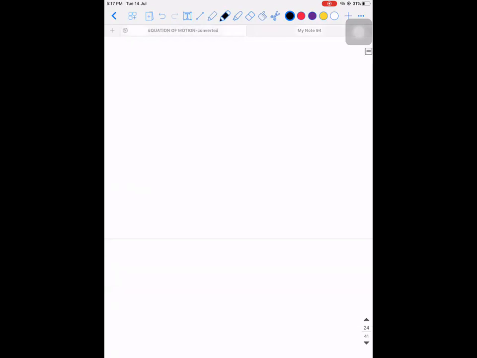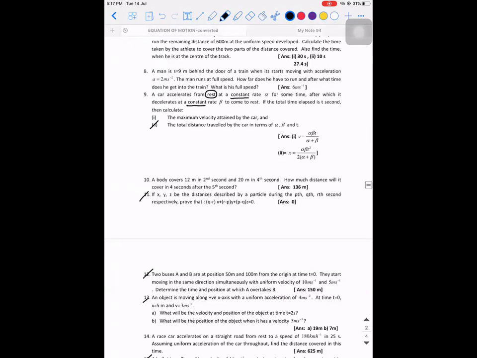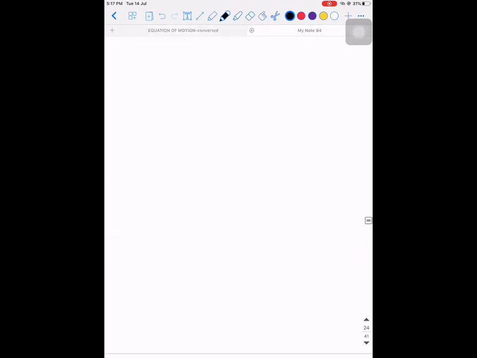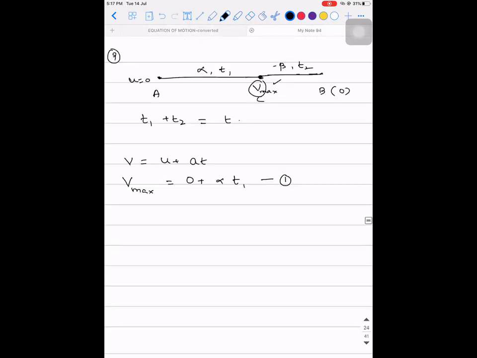So for that we need to understand the question again. Decelerates at a constant rate beta to come to rest means it is stopping again. Here the velocity is 0. So for journey